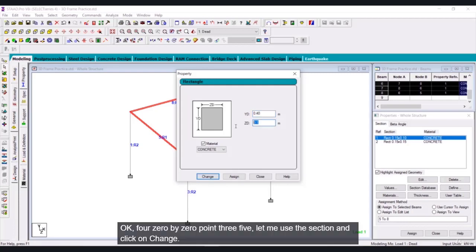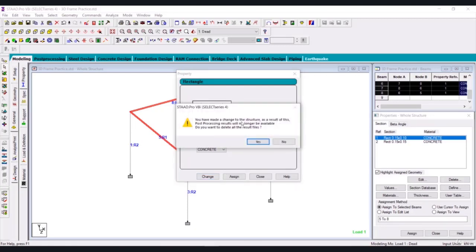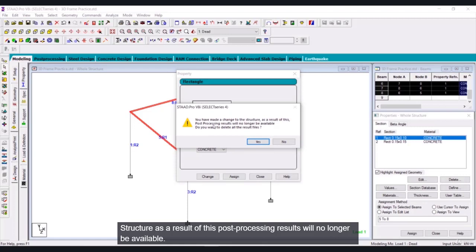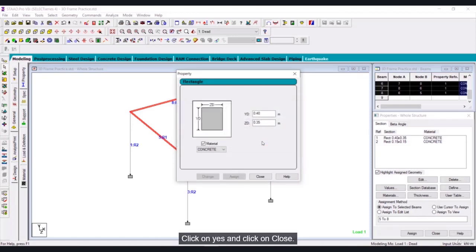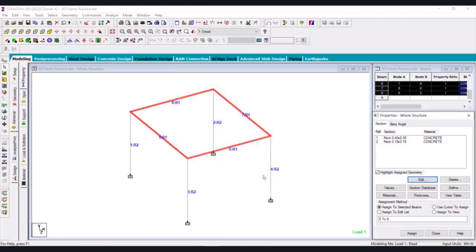Okay, 0.40 by 0.35. Let me use this section and click on change. Structure as a result of this post-processing results will no longer be available. So do you want to delete all the results files? Click on yes and click on close.